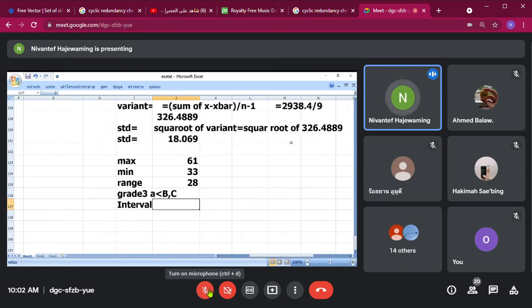Our range is 28, divided by 3 grades. You get 9.333. It means grade A differs from grade B by about 10 marks, and B differs from grade C by about 10. It means grade A, grade B,